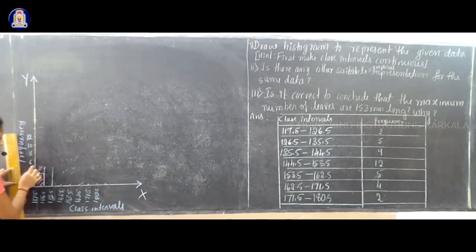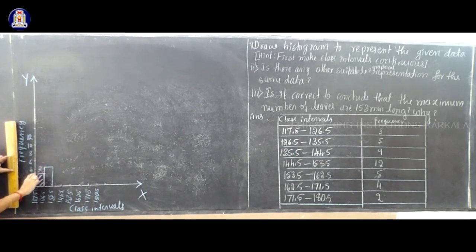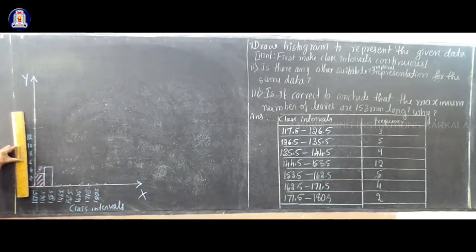Where is 5? Exactly in between 4 and 6. And here on the y-axis I have taken 1 centimeter as 2 units: 2, 4, 6, 8, up to 12. If you have a lengthier graph sheet, you can take 1 centimeter as 1 unit, then you will get a better figure. So this is the rectangular bar of height 5, and the next rectangular bar of height 9